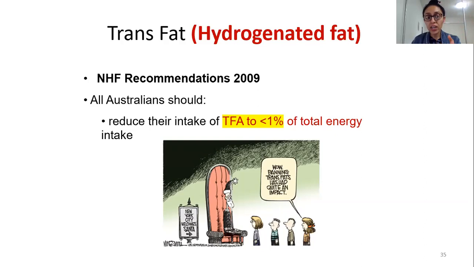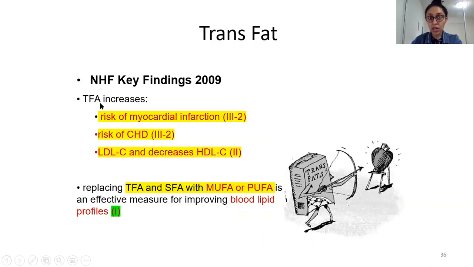All right. So what is recommended is that the trans fat level should be less than 1% of total energy. Okay. No more than that. And trans fat intake has been associated with heart attack, myocardial infarction, coronary heart disease risk, increase in LDL and decrease in HDL, all the things that we don't want. Okay. And what has been shown is that if you replace your trans fat and saturated fat with your MUFAs and your PUFAs, which is ideal, that will give you level 1 evidence. Okay. So that's level 1 evidence. All right. So basically, that is what trans fat is.